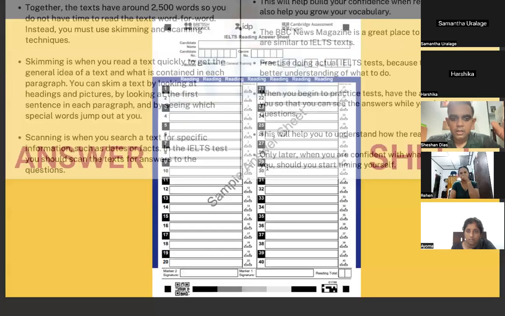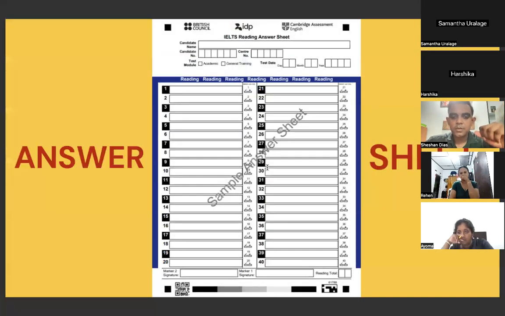All right. Okay, so this is an answer sheet for people who are doing the written test. For online test, it's different. All right, so the reading passage will be on one side, questions will be on the other side. But if you're doing the written test, this is what it looks like. Keep in mind, if you're doing the written test, you're given the question paper and the answer sheet separately. In the listening test, you're given an extra 10 minutes to transfer your answers. No time is given in the reading test. Right? Only 1 hour to write your answers here.